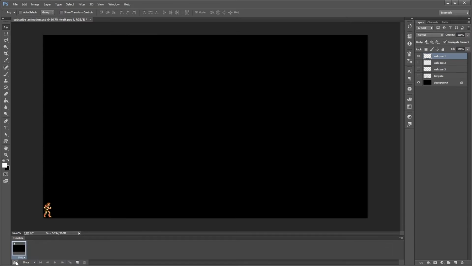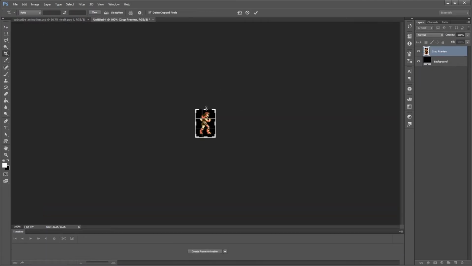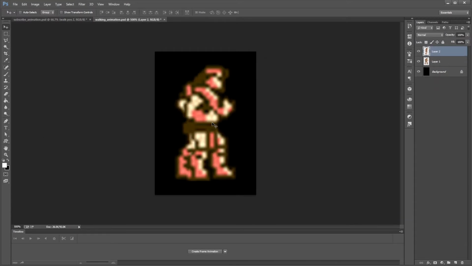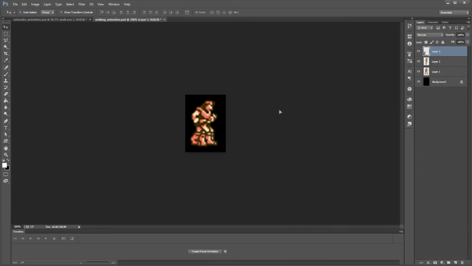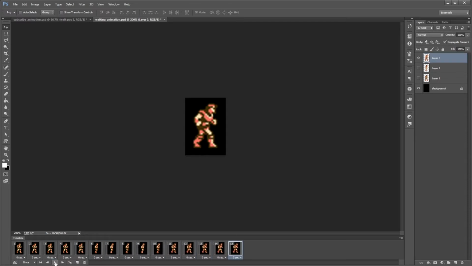So after getting the scale approximately where I thought it should be, my next step was to get the running animation going, and I thought that, hey, it would be the best idea to put that in a different document so I have basically a grouped cell of all of the running animation, quote unquote. But as you'll see, that idea did not work very well, mostly because of how Photoshop is set up